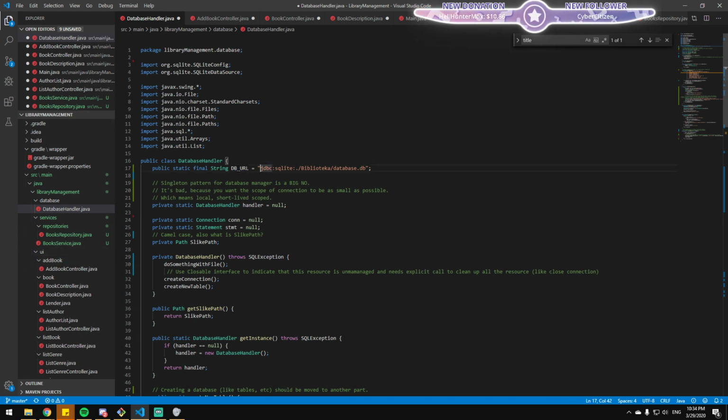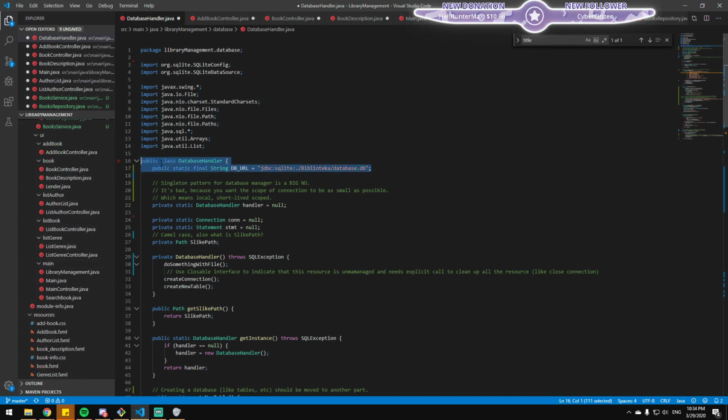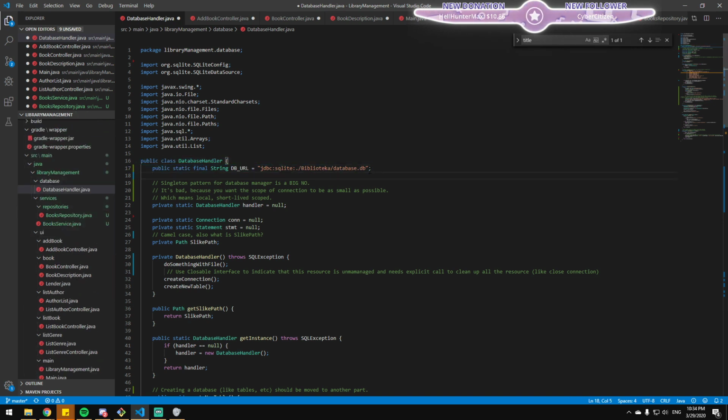And it's actually quite strange because in some places you do have the constant and in other places you just use the string right away. So you should just use a single string. Maybe the easiest way would be to have a class of its own just for this thing. But I think that it kind of suits in the database handler. But the best way, if you know how, is to use a resource folder.